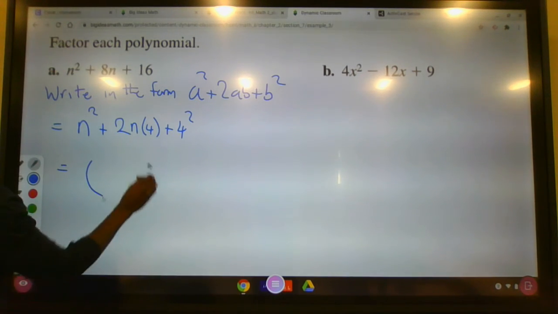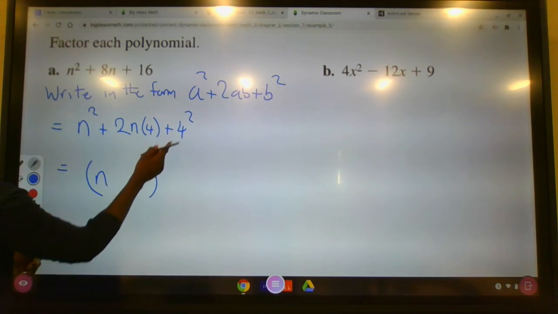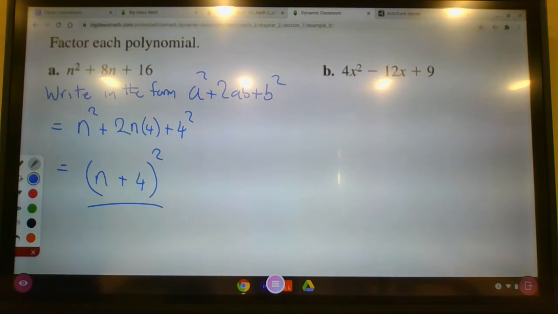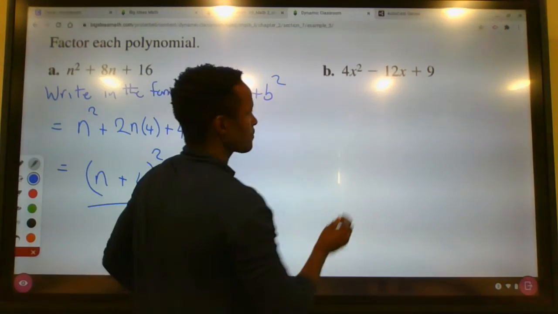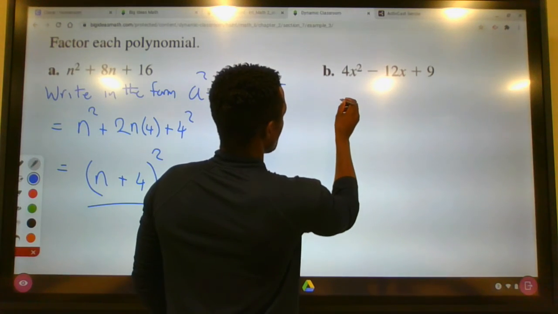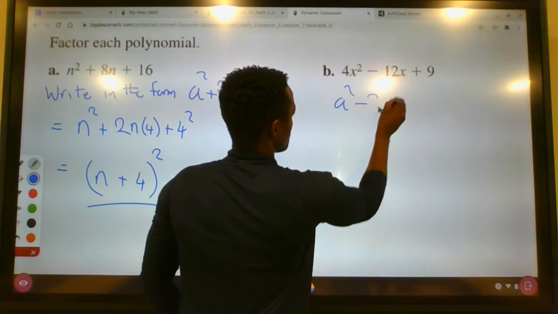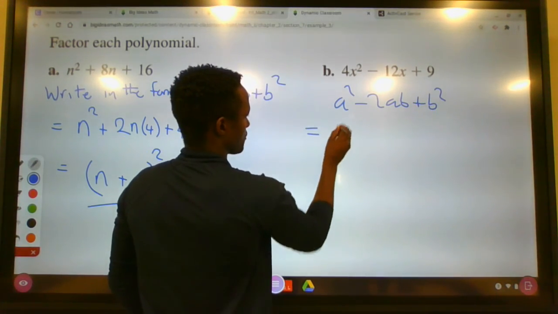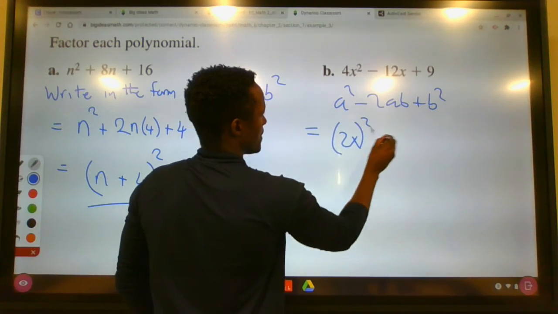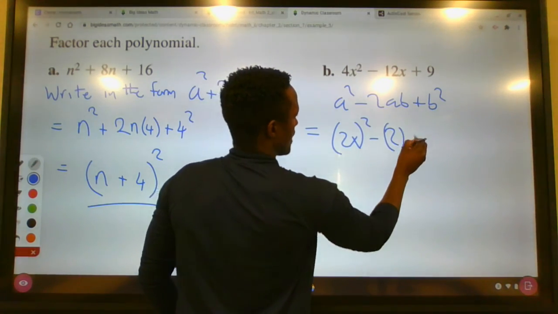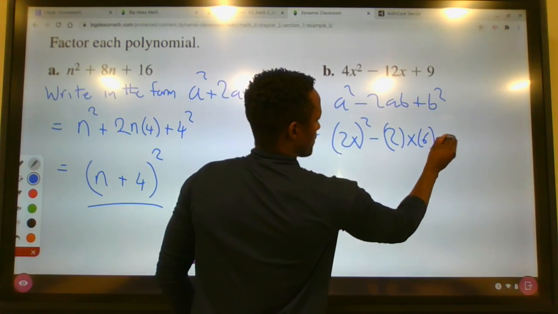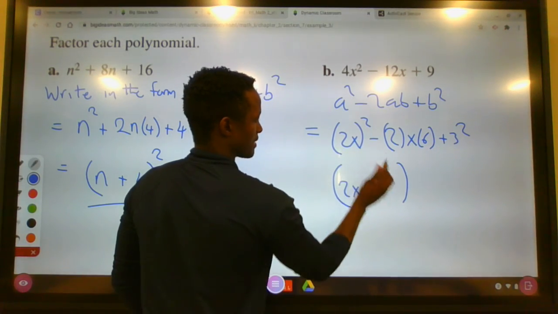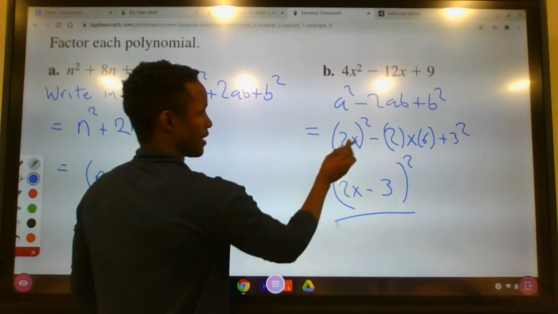So when that's the case, in order to factor this, we're just going to write n, and then our b is 4. We're adding everything, so we're just going to do that, and then we're done. For our next problem, we're going to do the same thing over here. Can we write this in the form a squared minus 2ab plus b squared? The answer is yes, we can write this as 2x squared minus 2 times x times 6 plus 3 squared. Therefore, this is just going to be 2x minus in here 3, and then we square it. Why? Because we were able to write it